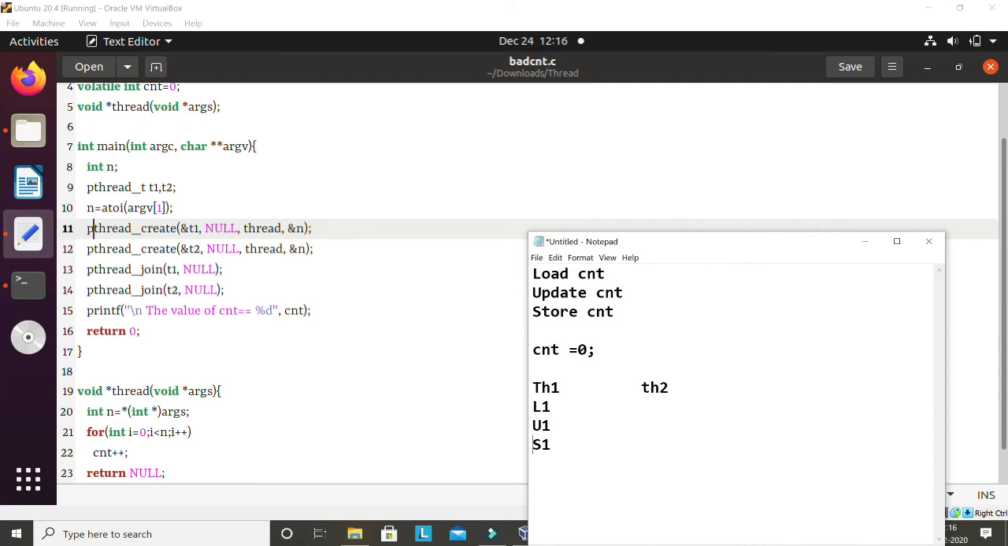The value of CNT should be 1, right? I'm loading the content of CNT, updating means incrementing the content of CNT, and storing it back. So after storing it back, the content of CNT will be 1. Fine. And now after this, if I start executing thread 2,